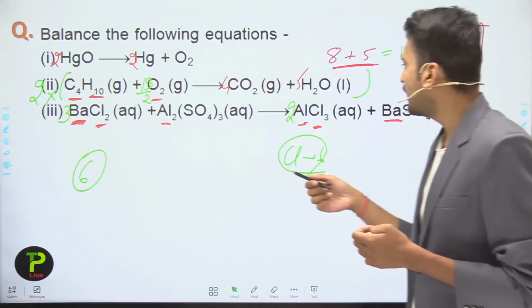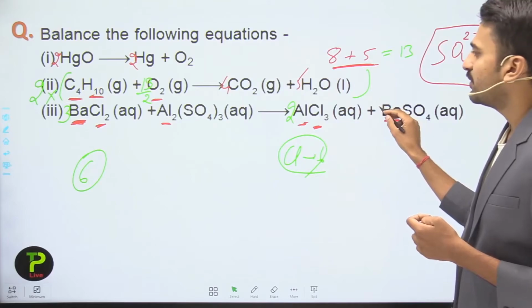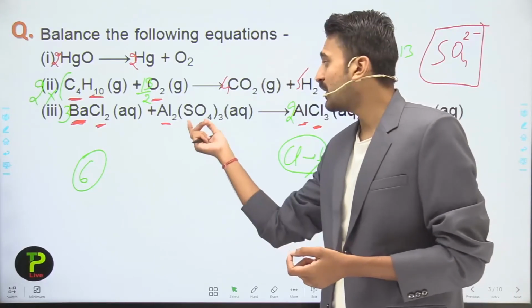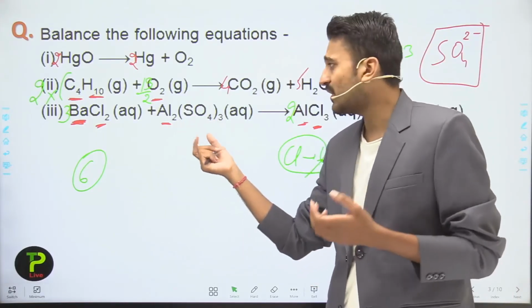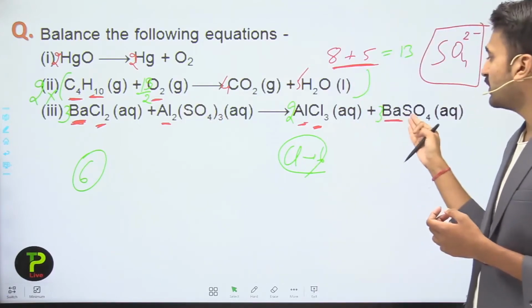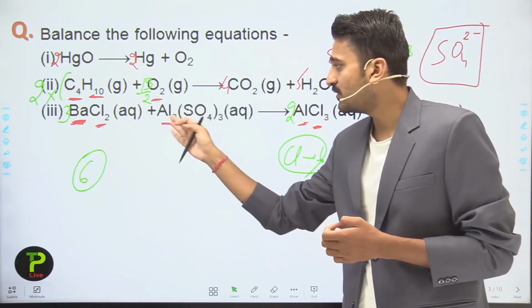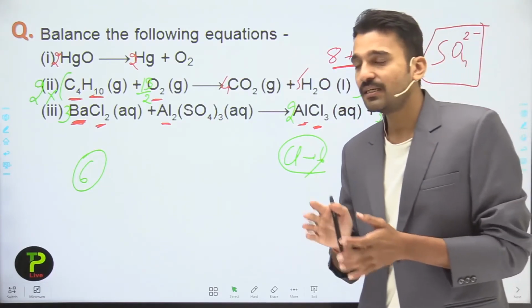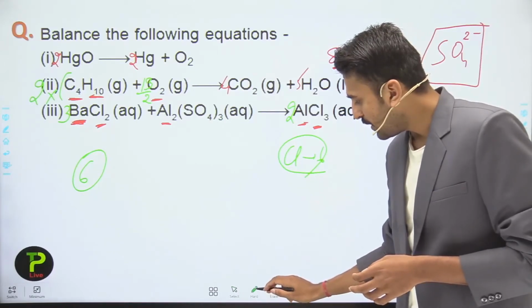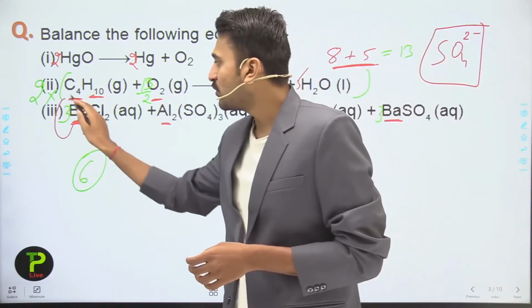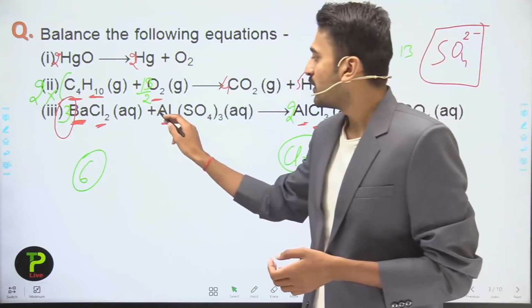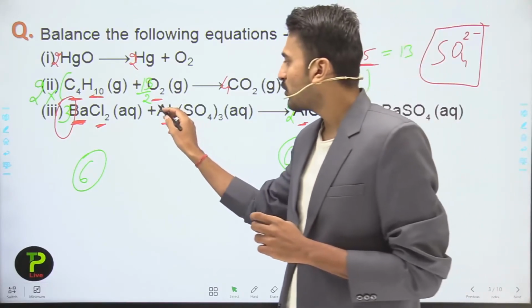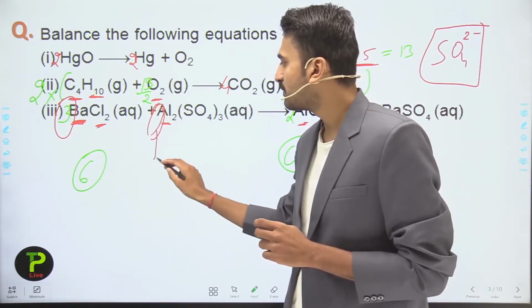So to balance the barium we have to multiply this barium sulfate with 3. On multiplying barium sulfate with 3, it automatically balances what? It automatically balances the sulfate ion, or I can say the sulfur, which is 3. So here sulfur is also 3. The oxygen atoms here are 4 threes are 12, while in this case also 4 threes are 12. So this particular reaction is balanced now. I'll mark it. Here you can see the coefficient 3 for barium chloride. If nothing is given, it means that a coefficient of 1 is present. So here the coefficient is 1.